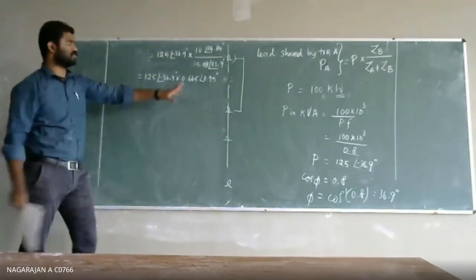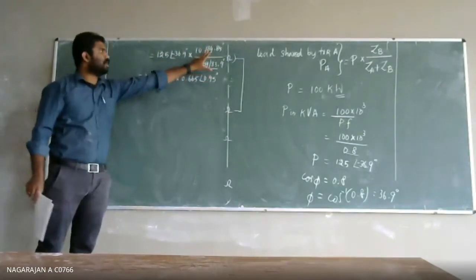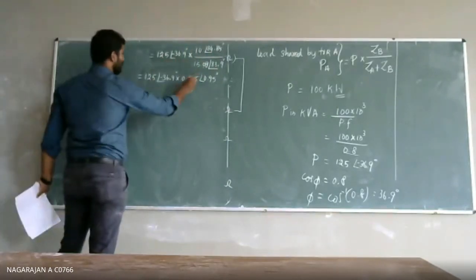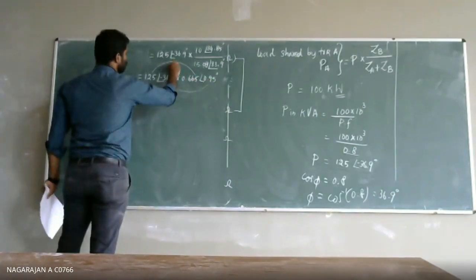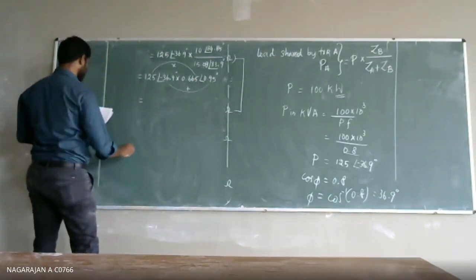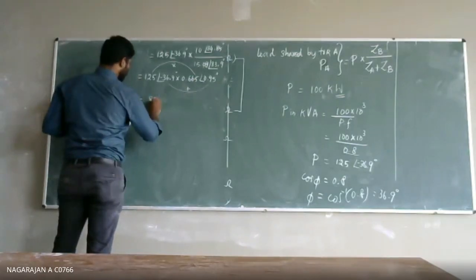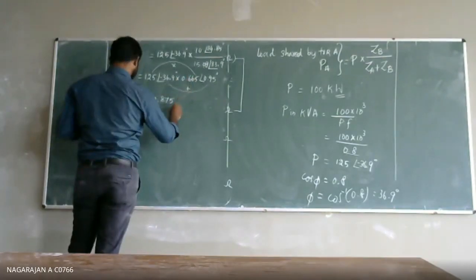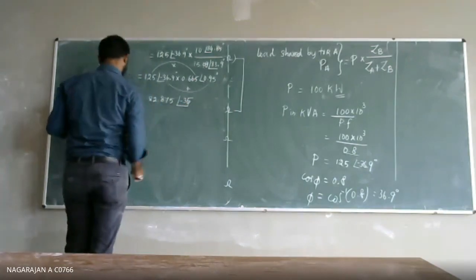Okay, don't get confused with this. This is very simple. You would have studied in 7th, 8th standard. Dividing angles is just subtracting them. After multiplying, just multiply the magnitude and add the angles. So these two should be multiplied and these two should be added. After multiplying, I will be getting 82.875. After adding the angles, I will be getting minus 35.95 degrees.